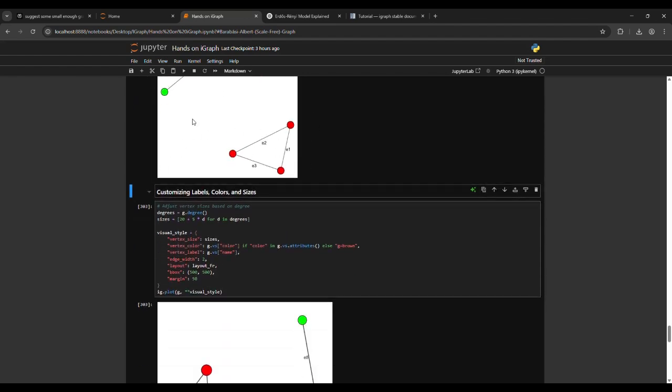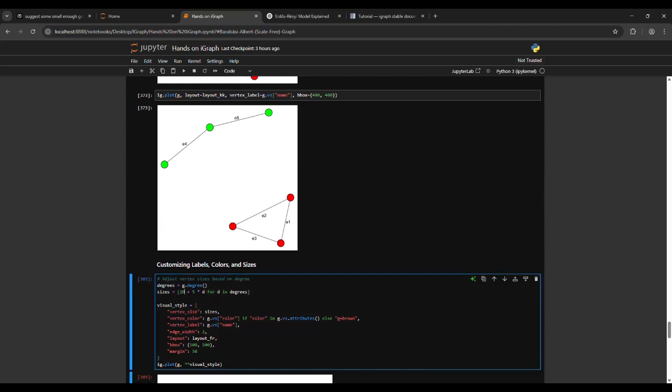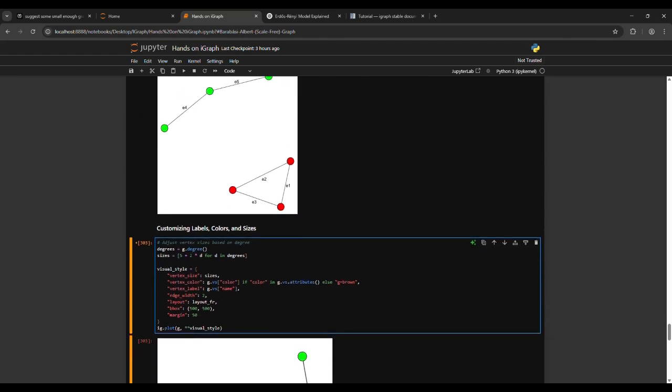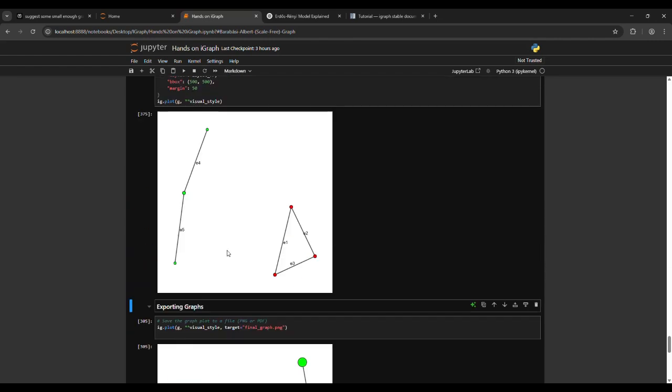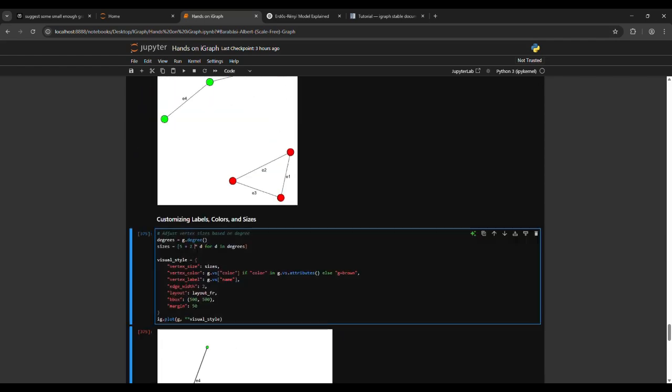So we are taking this same graph which we have with us, and now I'm going to change its size such that the size of nodes becomes very small. Okay, so here the base size is 2, and then depending on the degree it will increase by a factor of 2. Okay, see. So what are we seeing here? That the sizes have decreased. Now let's make it bigger once again, but this time,